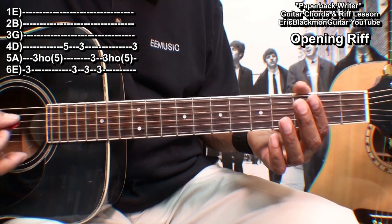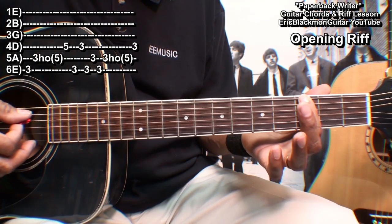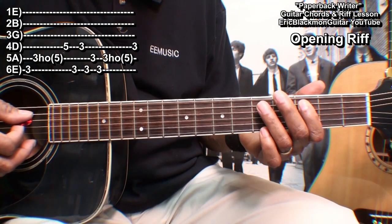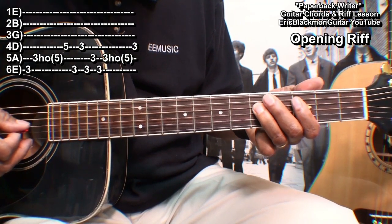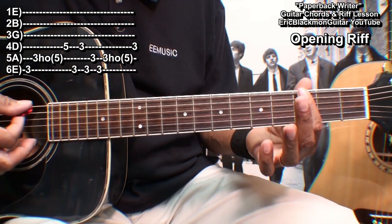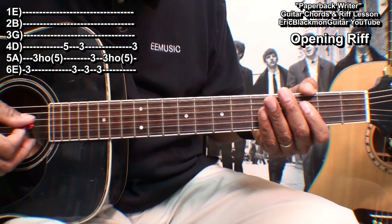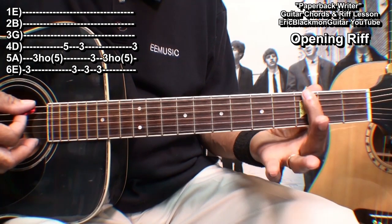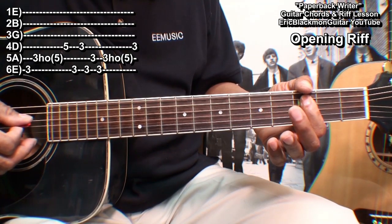So let's do that again. We're going to start on the low E string, fret 3, the A string hammering from fret 3 to 5, the D string, fret 5, back to the low E string, fret 3 on the D string, the E string again, 3rd fret, A string, fret 3,